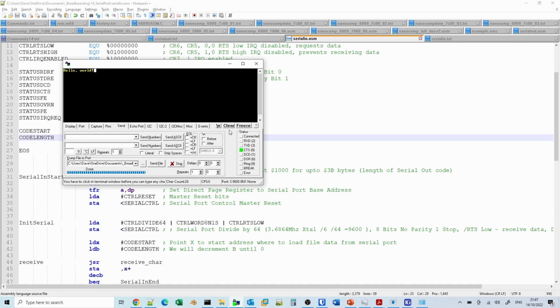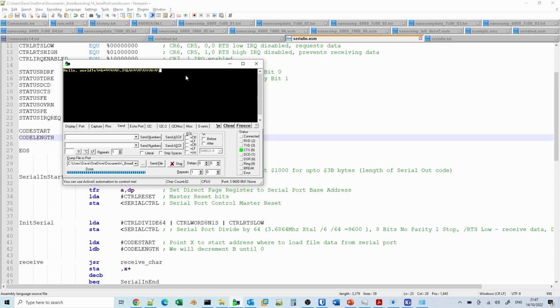And in fact, if I just show you what happens if we go in and change 103B, we change the 00 to something else like 65, and then we run the program again, what will happen is it will carry on sending junk until it comes across a 0. So if I run 1000 again, what you can see there is it started to send junk until such time as it comes across a 0 in memory. So that's what we would expect to happen if the 0 end of string has not been found.